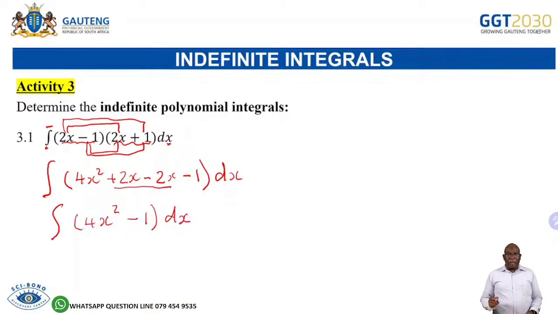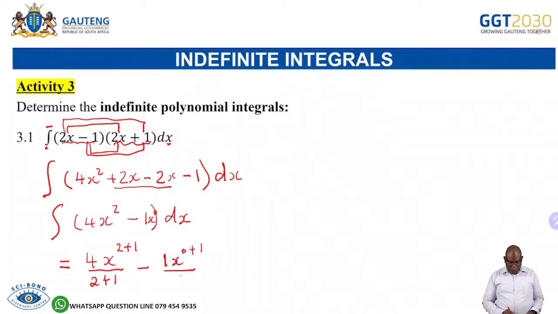Now the next step is now to integrate. Once I start integrating, I remove the integral sign. See, I'm repeating that you must know that you must always remove the integral sign. So I'm now integrating. So I'll have 4x to the power 2 plus 1 over 2 plus 1 minus, remember this is x to the power 0, so it will be 1 times x to the power 0 plus 1 all over 0 plus 1. Then I'm going to get